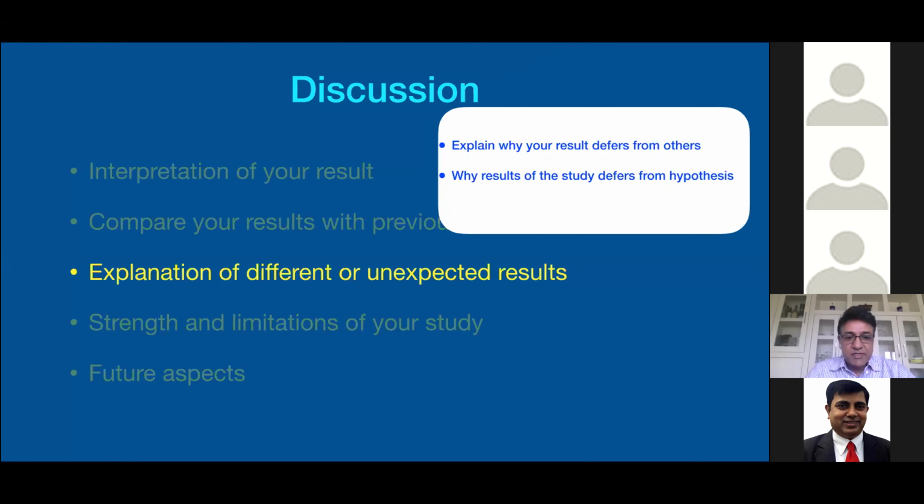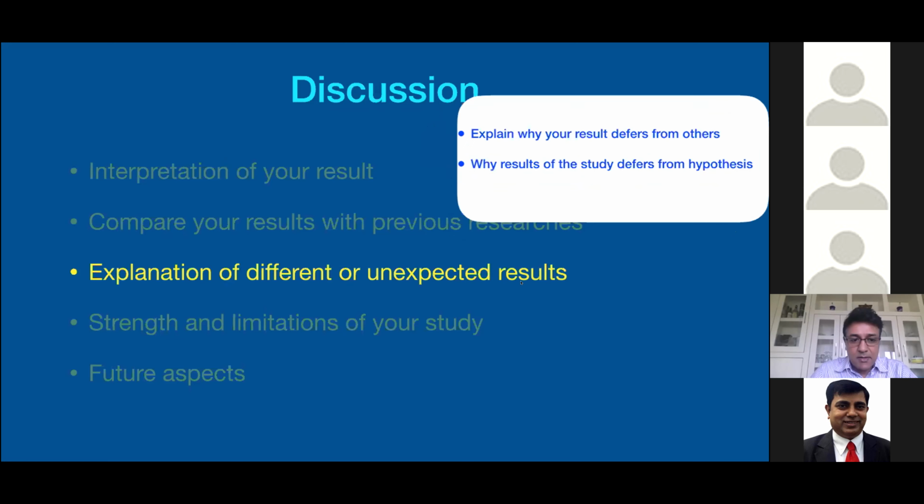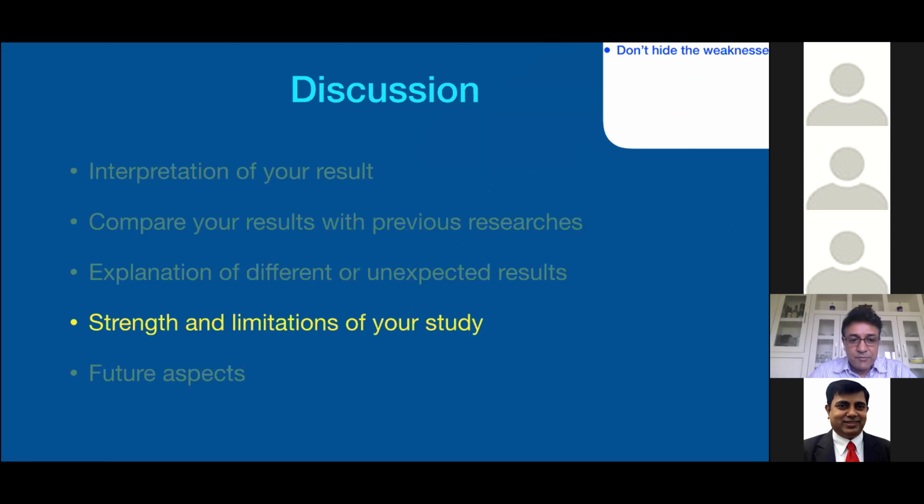then another explanation of different or unexpected result. When you do your study, there might be some different results that you might encounter, or sometimes unexpected results might come, which you hadn't expected before your study, and those things also should be mentioned in the discussion in the third paragraph. And after that, you have to